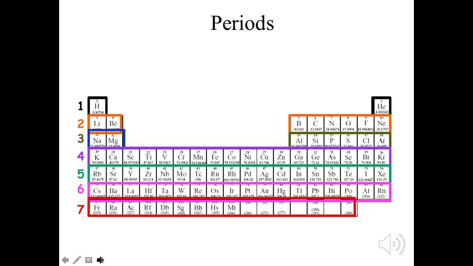All right, taking a look at this last bit of information, we need to look at elements within the same period, making sure that we know when they're in the same period, they have the same number of energy levels. So now if we compare lithium and sodium, lithium and sodium have the same number of valence electrons, but they have a different number of energy levels. Lithium will have the same number of energy levels as beryllium. Comparing fluorine and neon, fluorine and neon have the same number of energy levels, but a different number of valence electrons. Comparing nitrogen and oxygen,